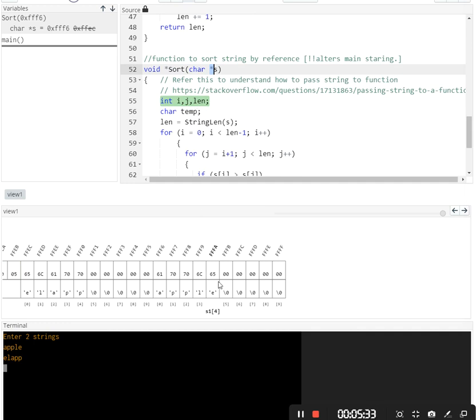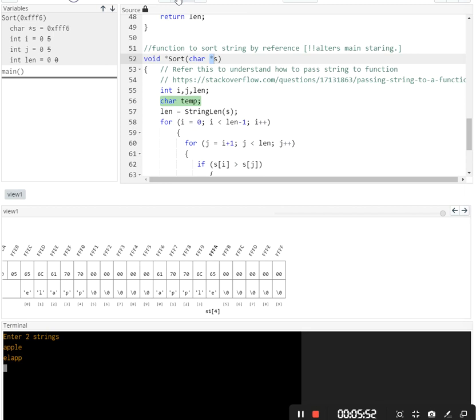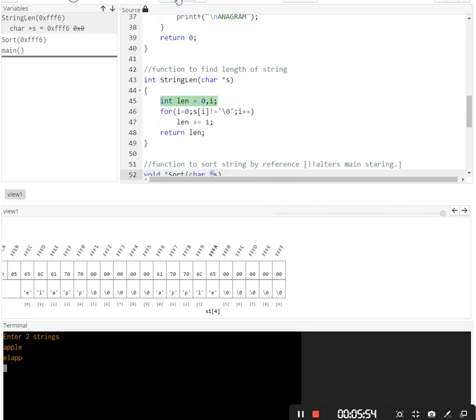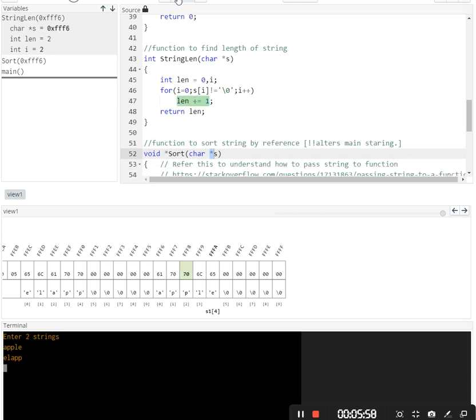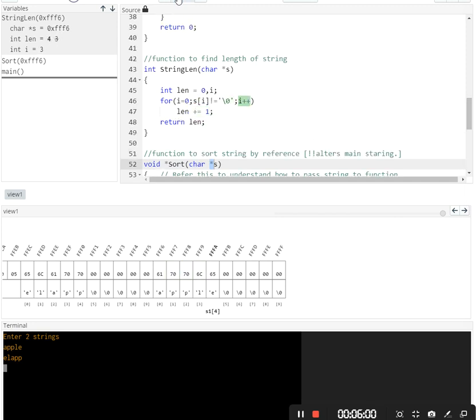In that we are passing the address of that string, and it is like pass by reference. That means the characters in these positions are going to be changed by this function. It is not passing the value, that means it is not copying the string and passing, it is directly changing. So in this memory we can observe now temp and length. Again I'm finding the length of string 1, whatever string is sent. So it just found the length.